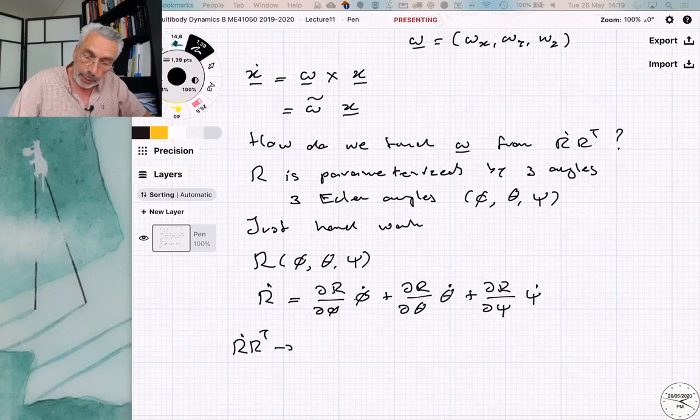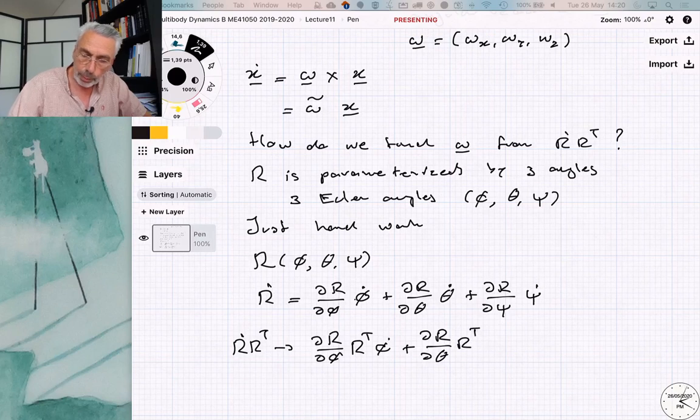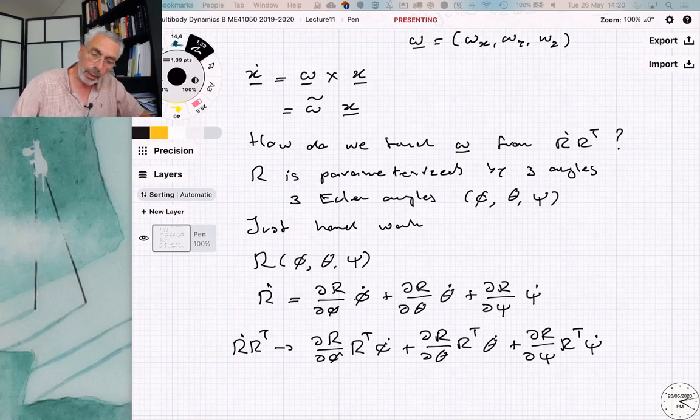So what do we get then? Then we get that this is a matrix, and then times, I shouldn't put a dot there, it's a bit confusing, it's not a dot product. R transpose times phi dot plus this matrix, dr d theta r transpose times theta dot, plus dr d psi r transpose times psi dot. And that should be equal to